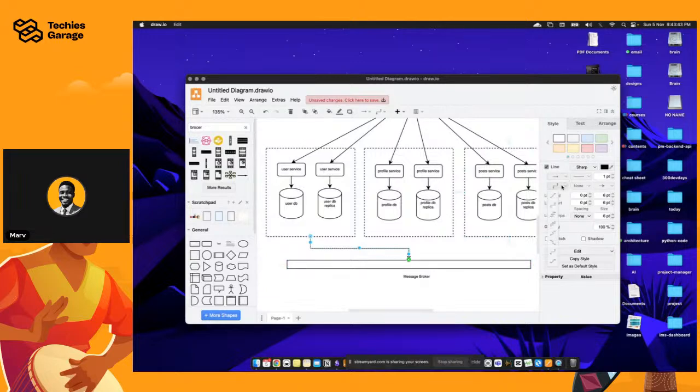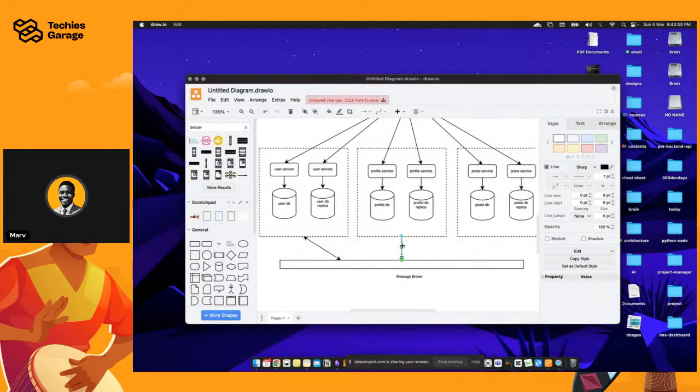Okay, so for now, let's just use the direct arrow. Connecting here, it's going to be back and forth, so it's bi-directional, right? Same with this. Let's just do it this way. And then the third guy, by the way, this is bi-directional as well. The third guy, so yeah, let's come on.